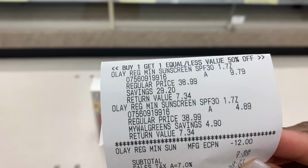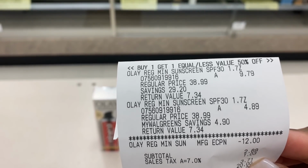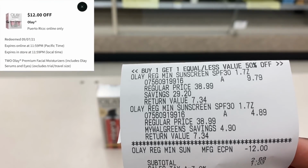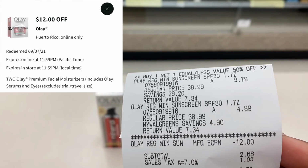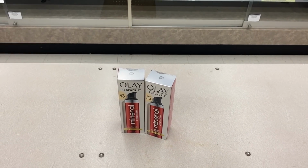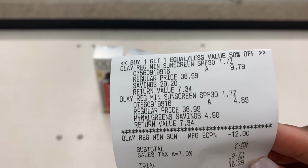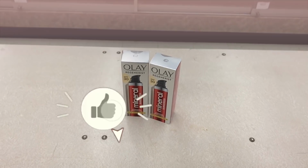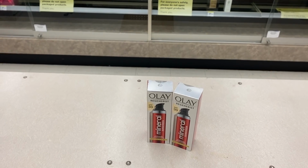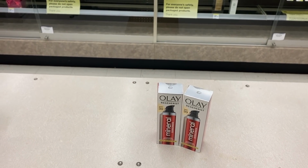So they rang out for $9.79 and $4.89. Buy one, get one 50% off. I had a $12 off of two digital coupon that made it just $2.68 for both of these. These products are normally $38.99 a piece. That's the regular price. I got both of them for $2.68, which I think is amazing. So I definitely wanted to tell you guys to keep your eyes peeled for that,